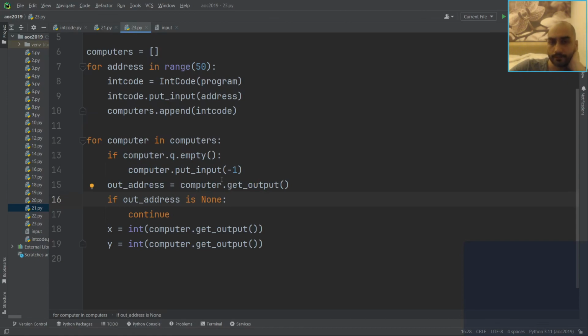But does order matter here? I suppose they won't give an output until they've got the right stuff, so maybe this is fine. If out address is none, then they've got nothing to tell us, I think. Okay, fine. And if they do have something,